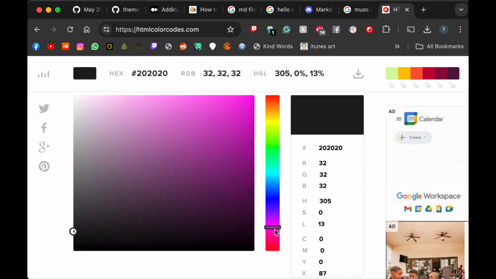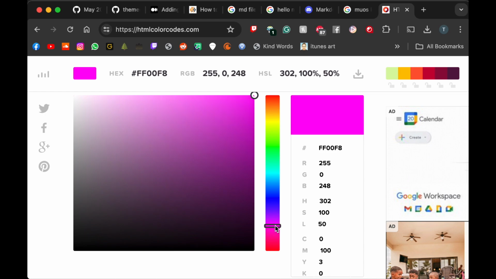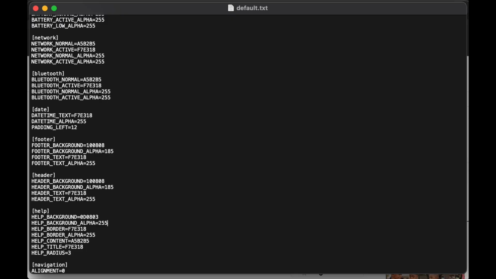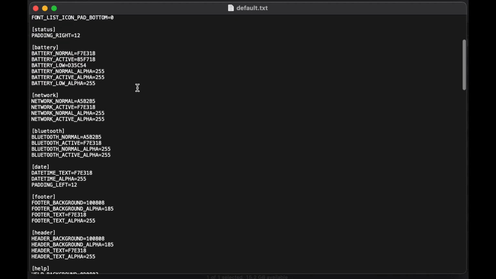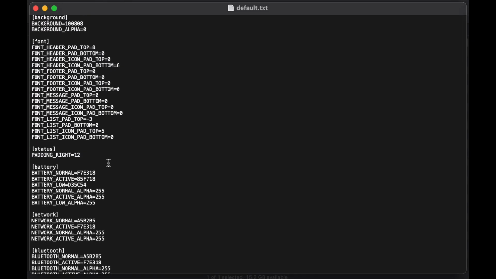So we'll pick pink, which is about this one, and we can adjust it as much as we would like. To make it completely standard for the right digits, let's get that to 255 here. Can I edit this? Yes, right here. So the pink that we want, which is a really bright neon pink, is FF00FF. So let's copy this, and go back to our default.txt scheme file,